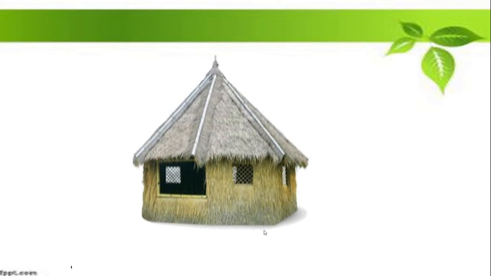Here you can see a hut. Chota sa ghar, hut, jhopda, isn't it? And here you can see two pet animals. One is cat and another is hen. They are away from each other, right? Dear children, here we will try to understand the position or the place of these two animals with the hut. See here, this animal cat and this one is hen, you know, right?